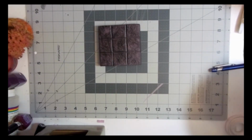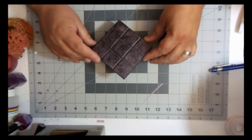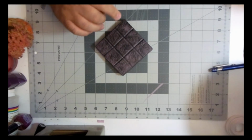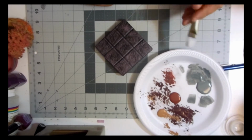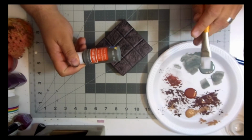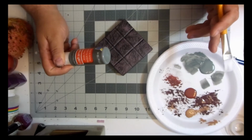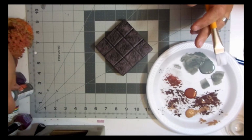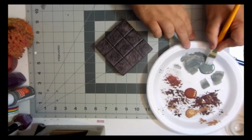Okay, so painting. Got our piece with its base coat on there, ready to go. Take our brush, like I said, you wanted a wider one for this. And then we've got a palette that we've marked up with a little paint to start off with. So, we take our dark gray, and again, I use Craftsmart. It's because I have access to Michael's, but you can go to Joann's or Walmart, and they've got both Folk Art and Apple Barrel. Those are perfectly acceptable. You just need a basic craft paint. We're going to take some dark gray,